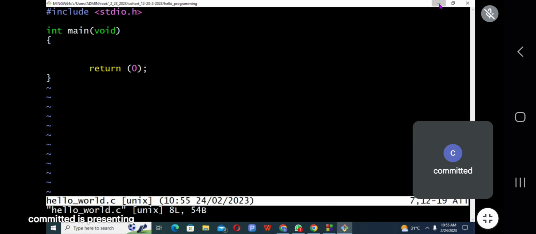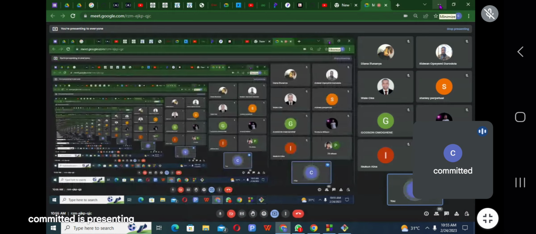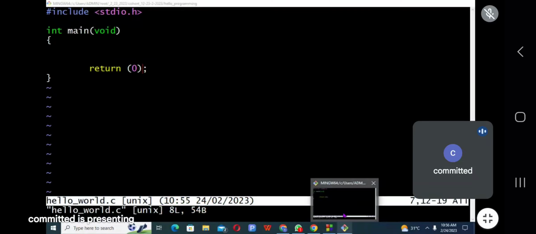To print hello world, we have functions that we can use. Number one is the printf function. Number two is the puts function. And number three is putchar. We are going to quickly look at those three functions.